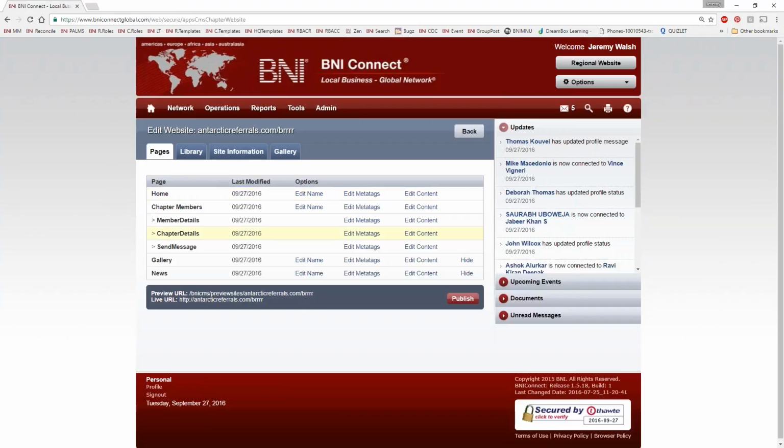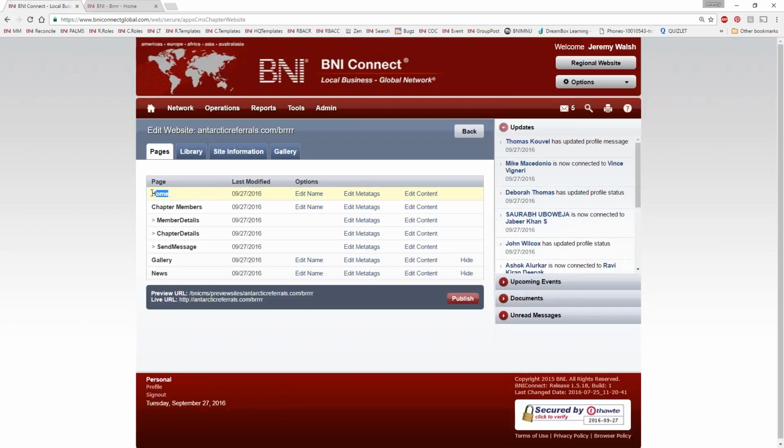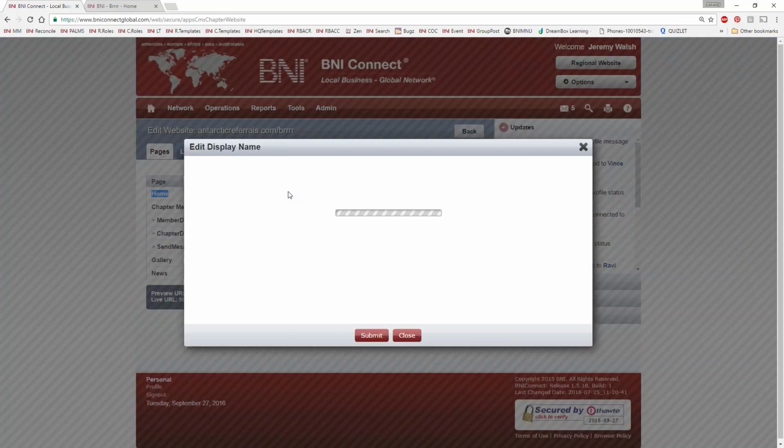All right, let's take a look at some of these other pages. We have the home page, for example. That's probably where you're going to spend most of your time. What we'll see here is a couple of options along the top: edit name, edit meta tags, and edit content. Edit name is, if I go back to the website, I can change the name of these tabs along the top. Let's say I don't want this to be the home page. I'm going to edit the name, and I want this to be the, I don't know, start here now page. If I click submit,